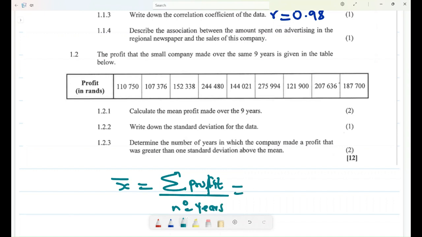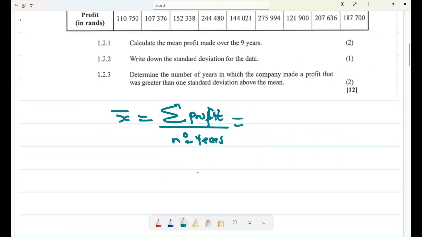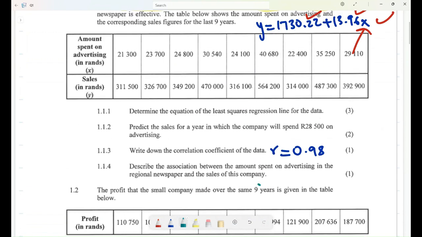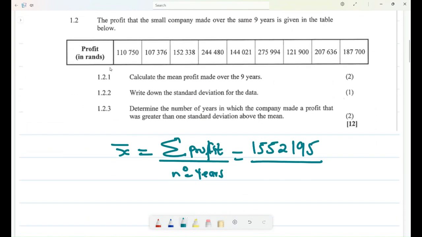When I sum all of this, I get something like 1,552,195 divided by the number of years. Remember, for 9 years, you get an answer of